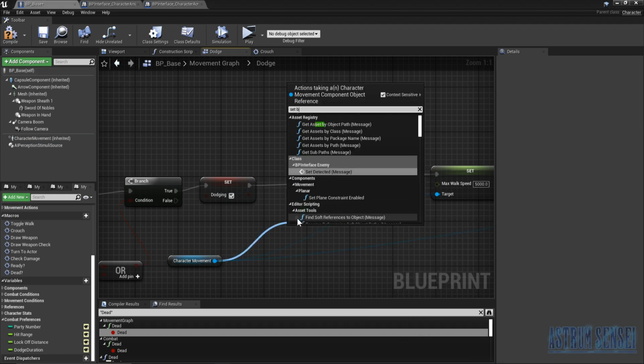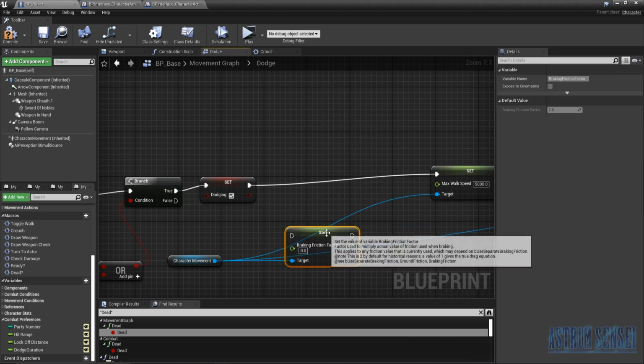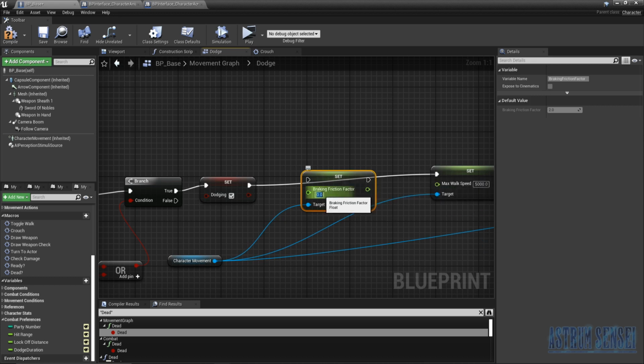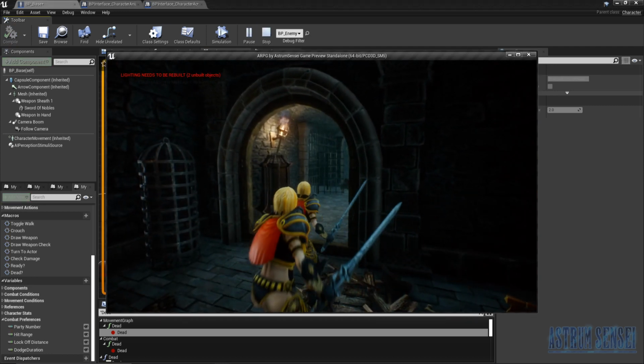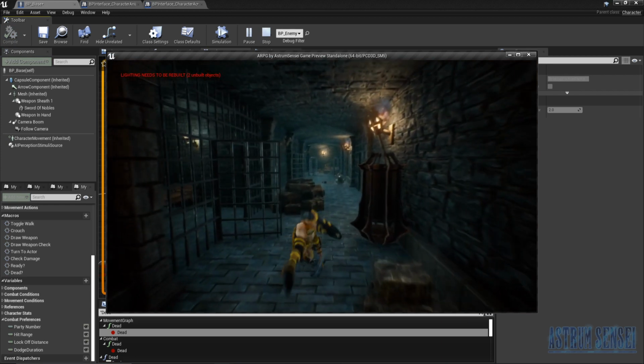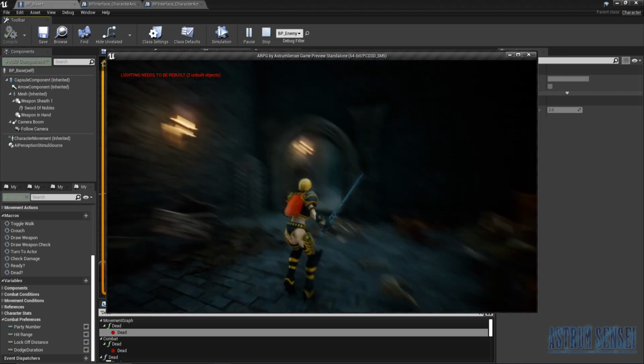So we're gonna set braking friction factor, and I'm not sure, is the higher more frictioning, like more frictiony? Let's just give it a shot. So instead of 2, we're gonna go with 6, or let's just go with something insane like 600 so that we can tell the difference. And if we go here and give dodging a try, yeah, that slowed us down. So I think we're gonna need to go with 0. And if we hit play,